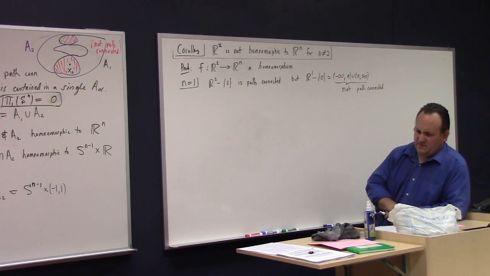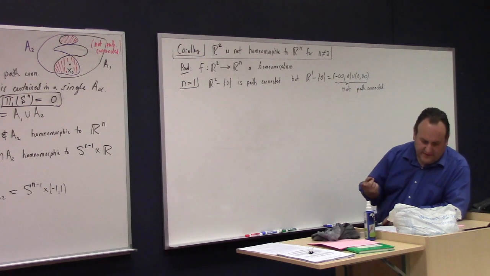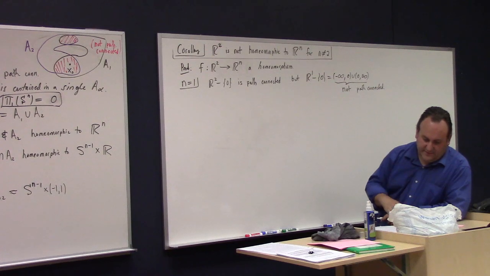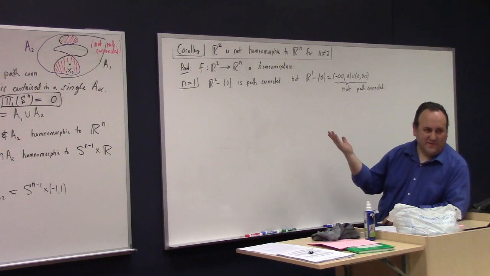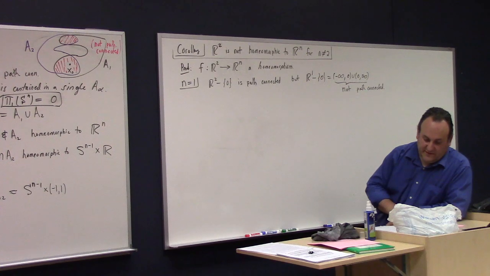Something else I wanted to say here. Rats, I can't remember. Okay, so that's the n equals 1 case. For n equals 2, it is homeomorphic. It's the same set. Any set is homeomorphic to itself. But if n is greater than 2, he says we cannot distinguish R2 with 0 removed and Rn with f of 0 removed